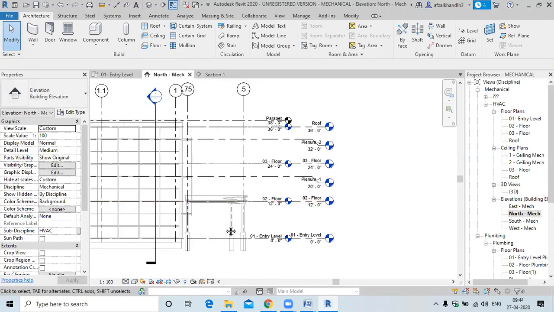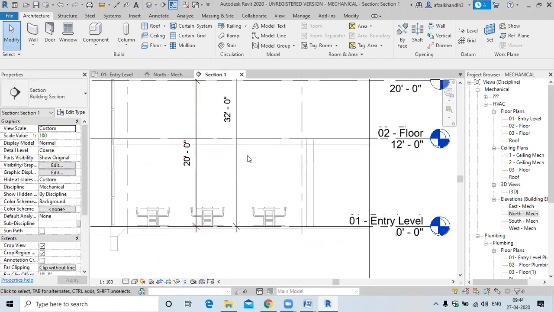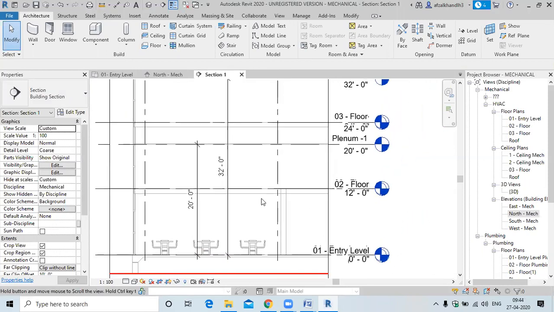What about the entry level? We don't have any plenum there. Actually, we don't have a false ceiling there. So the floors in which we have the false ceiling, in those floors we will create the spaces for plenum. In the ground floor we don't have any false ceiling, so we don't have any plenum space. Means how can we provide the air conditioning there, here in the entry level?